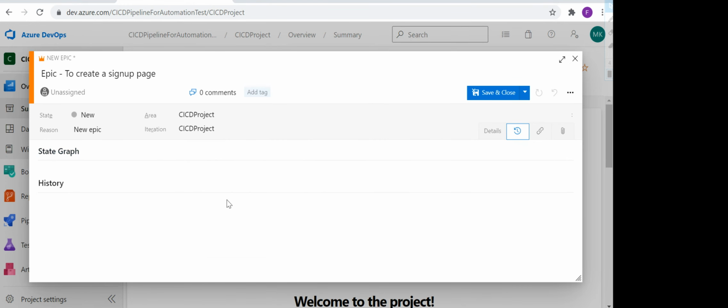If you make any changes, you'll see them in the history box. Then you have links, where you will see any links for this epic, and then attachments. If you have any documents you want to attach for this epic, you can attach them here. I'll simply click on save, because as of now I haven't set up the team members, so I cannot assign this task to anyone.